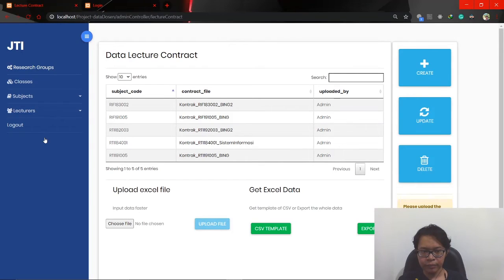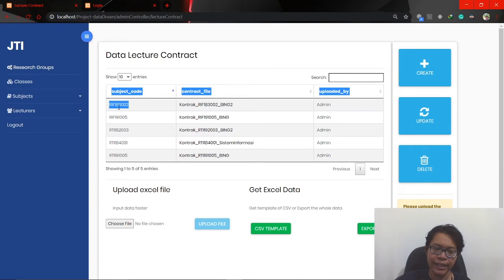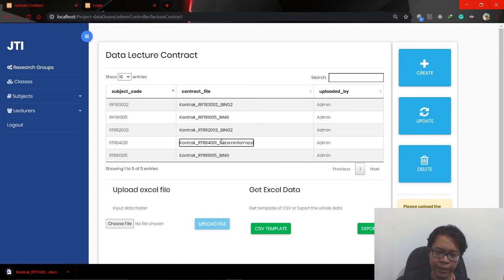Just to make my web application more consistent with what I have created up to now, the subject code plays a role as an identifier, and the contract file and how you download it, you just click on there, and you got